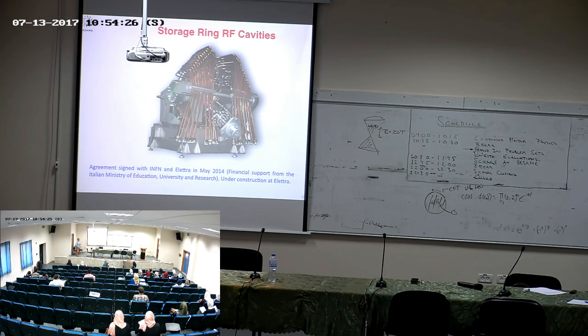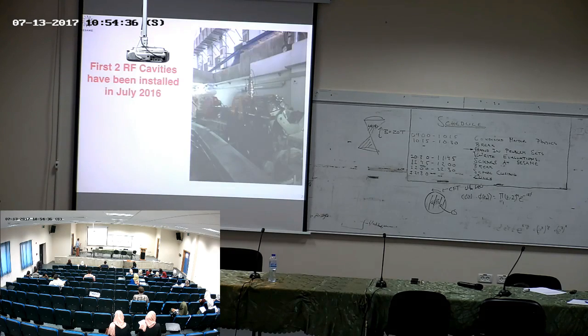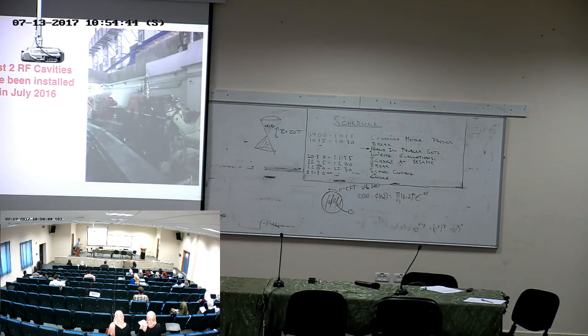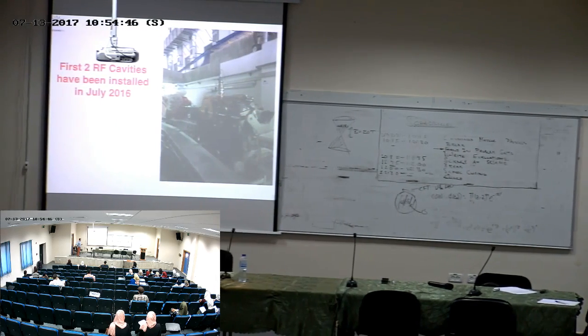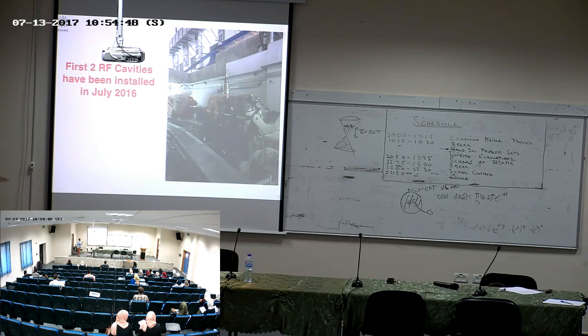The total contribution from Italy by now is about 4.8 million euros. I'll say a few words about another technical contribution from Italy. This is a picture taken last year of the first 3 cavities. The 4th one was installed, I'd say, in spring this year, and now all of them are installed on SESAME,